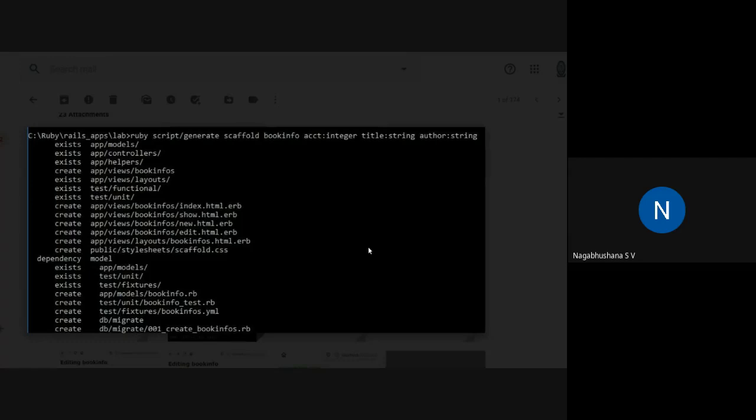These things will get done automatically when you are using this book info. To do that, we use ruby script slash generate scaffold. Book info is the name of a table, account, title, and author. These are the three text fields which are used. You have integer type for account ID, and for title it is string. For author, the data type is also string. Okay, next.